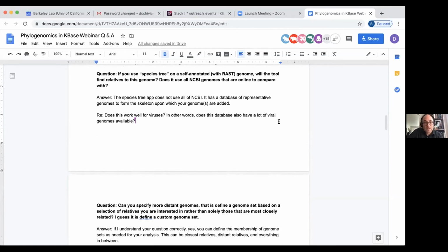Does this work well for viruses? Does it have a lot of viral genomes? No, not at this time. We do have some tooling for viruses, VerSorter being the primary one. So that's on system. We aren't yet, or currently, I should say, hosting a collection of viral genomes. That may change for obvious reasons, but right now we are focused on